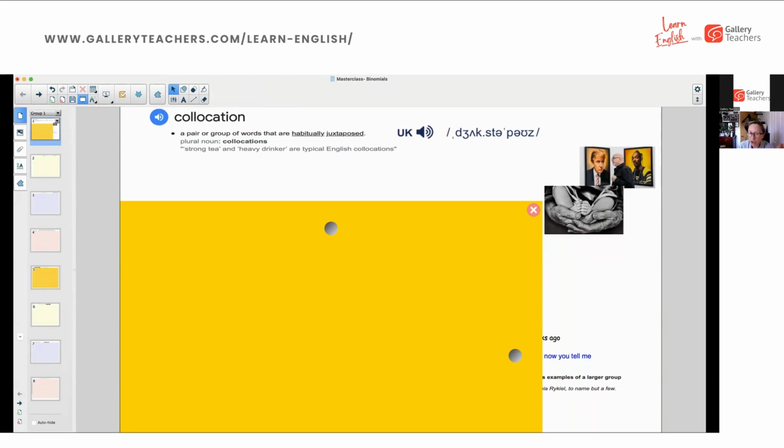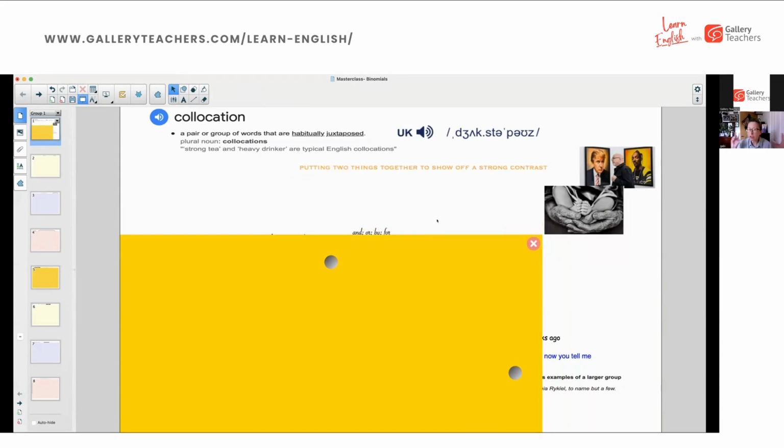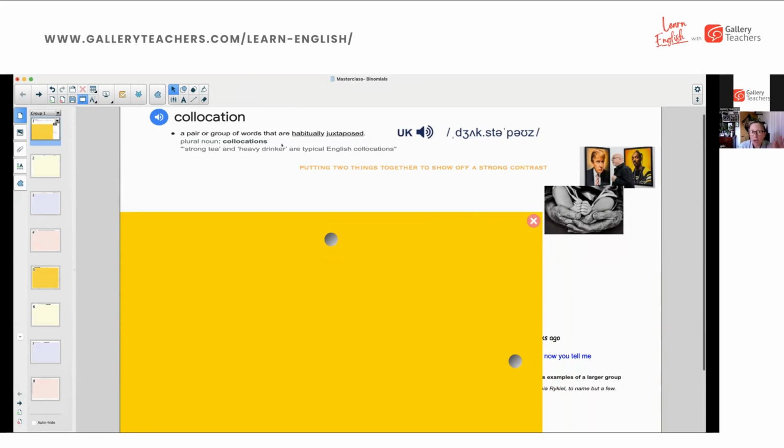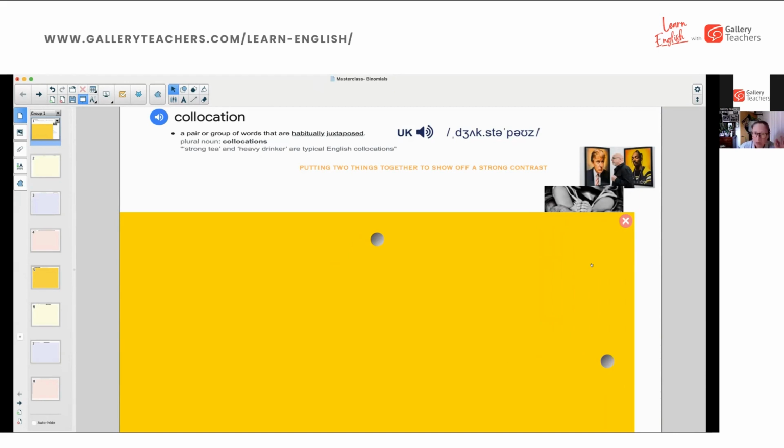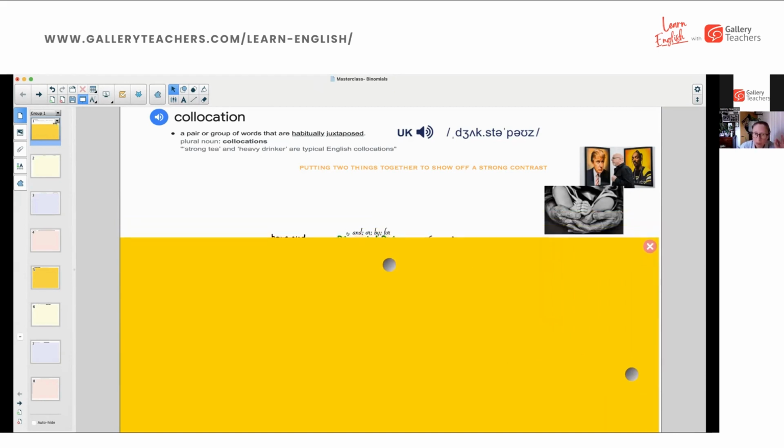So a juxtaposition is essentially putting two things together for contrast. Okay, so it's a very nice word, and collocations is effectively this. So putting two words together for contrast, not always, but very often. So now we are going to talk about